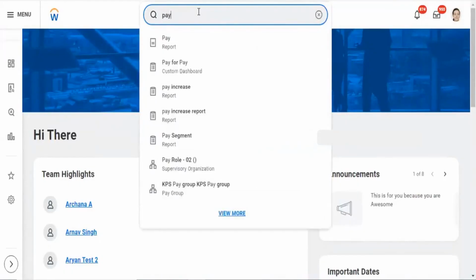We have a delivered configuration called learning payment configuration.